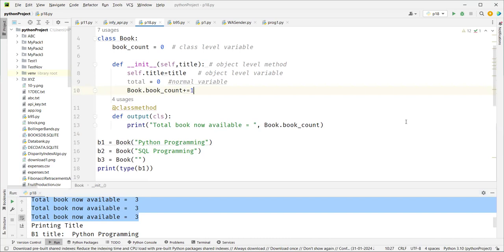So now we know how to do programming, right? So what I'll do,